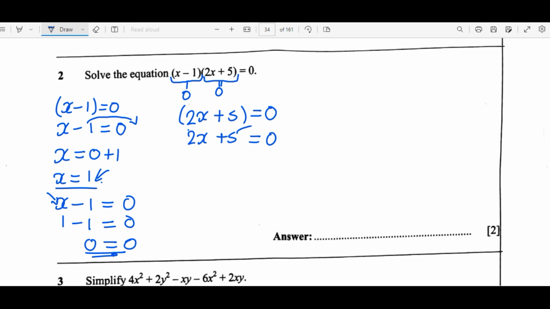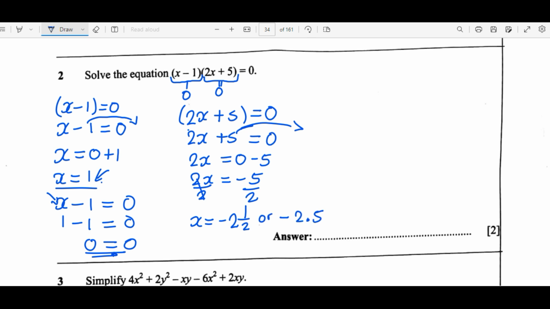Then our +5 will shift to this side, giving us -5, so 2x = 0 - 5, which is 2x = -5. So let's divide by 2, over 2 over 2. So what's our x? x is equal to -5 over 2, which is -2 remainder 1 over 2, or this is the same as